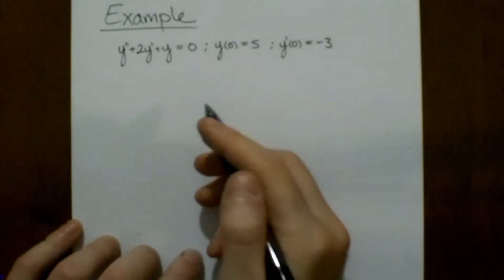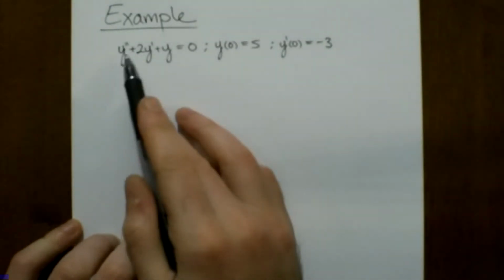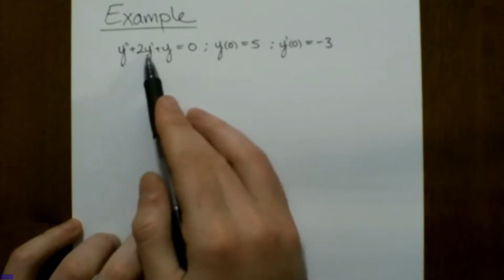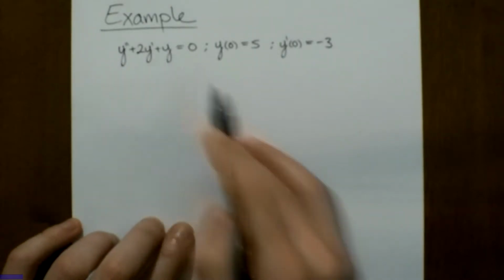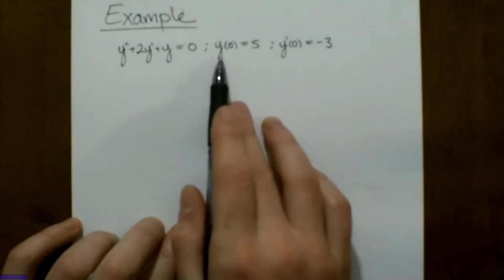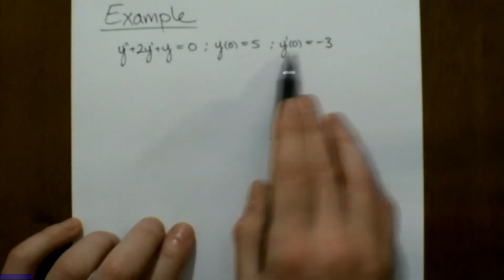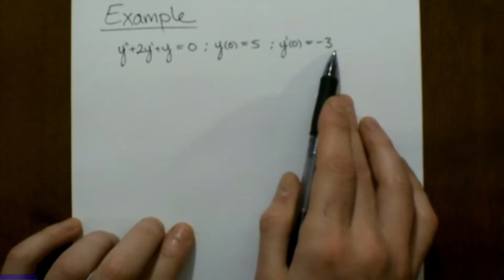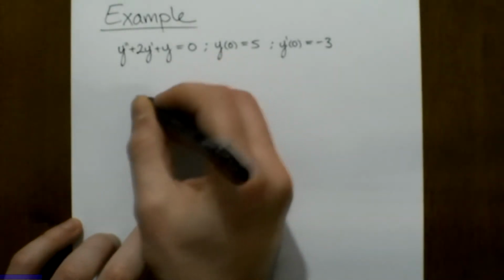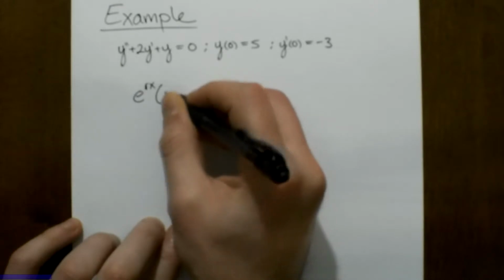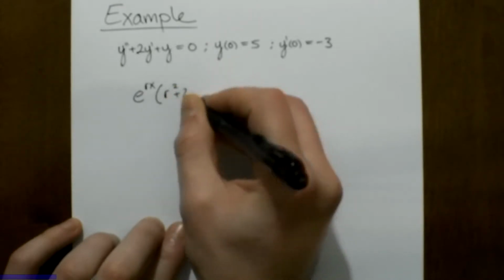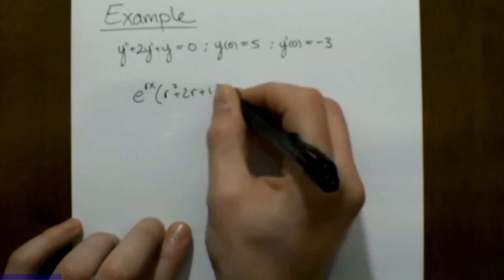Okay, so for a repeated root example, let's consider the case in which y double prime plus 2y prime plus y equals 0. And like from part 1, I'll go ahead and bring back the initial conditions. So we'll say then that y of 0 is 5 and y prime of 0 is negative 3. So re-expressing this, we have e to the rx times the quantity r squared plus 2r plus 1 is equal